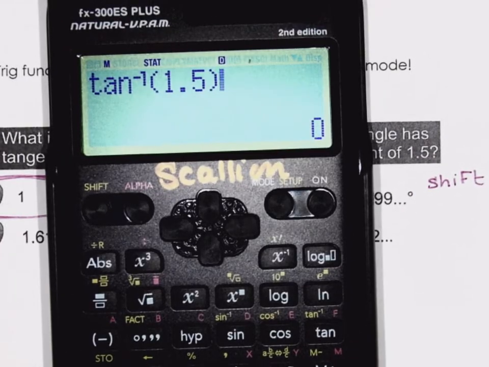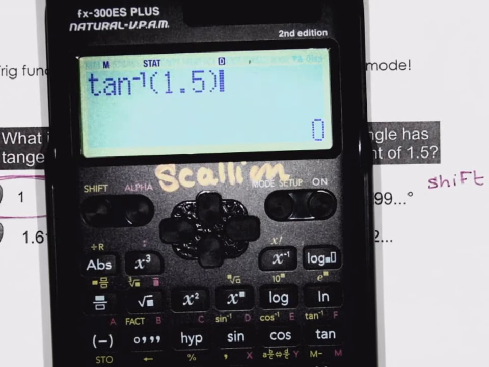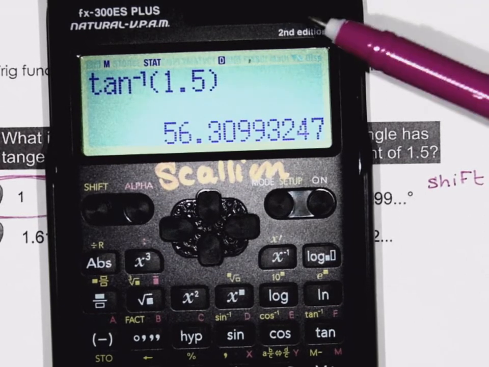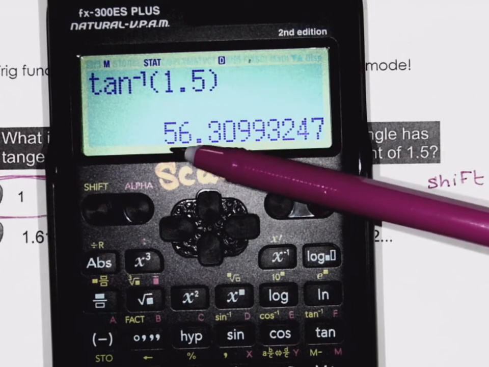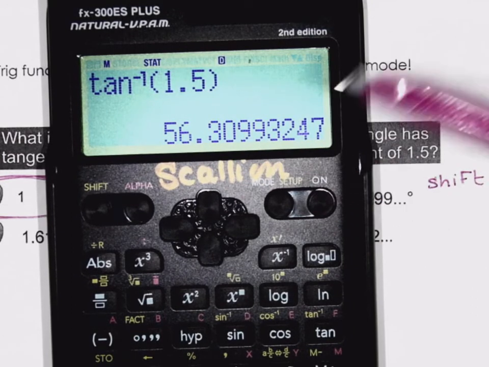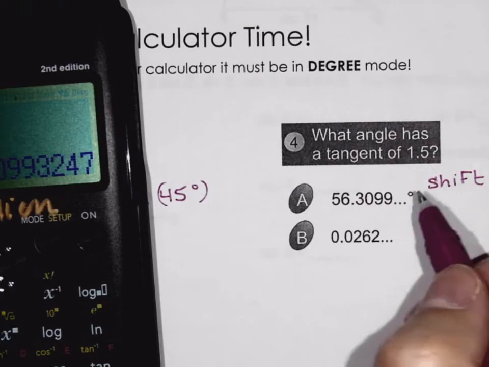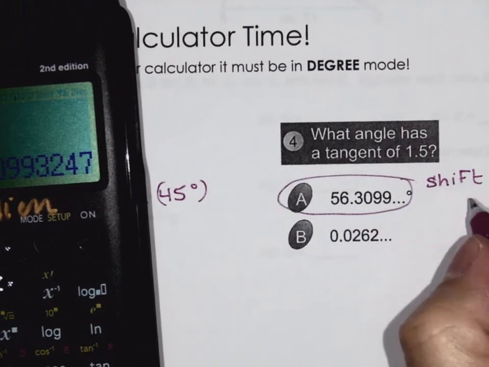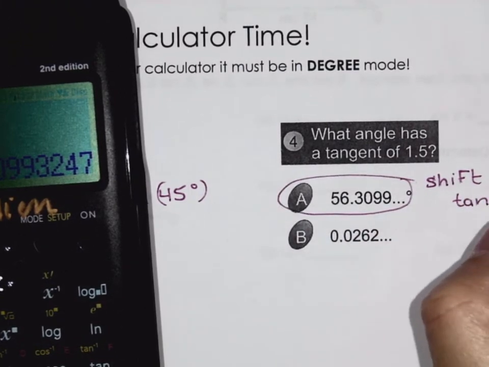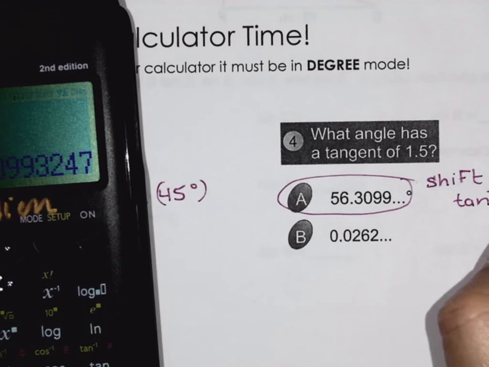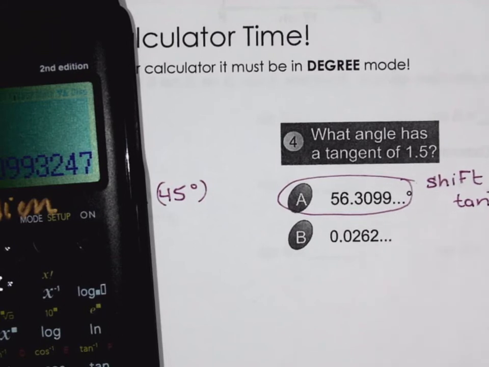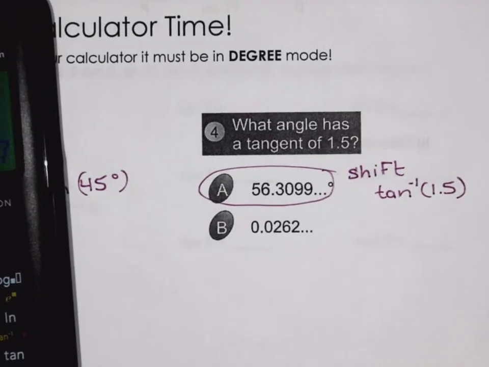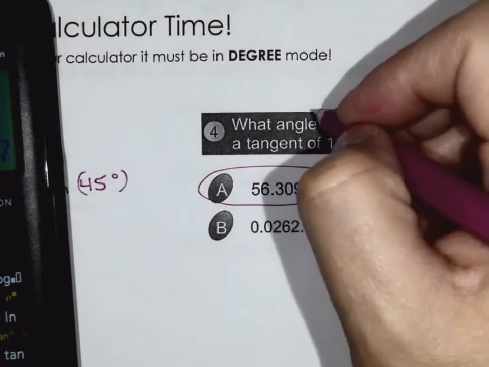Okay, so when you're looking for the angle, you have to use the shift button. And you're going to hit equals. Because this is in degrees, this is 56.31 degrees. So this one would be shift tan, and it comes up as tan negative 1, 1.5. So it's really important that when you're looking for an angle,